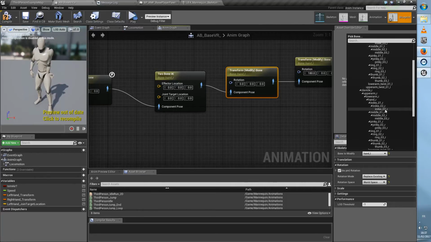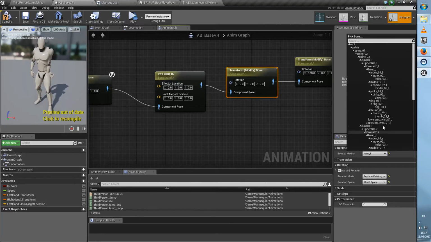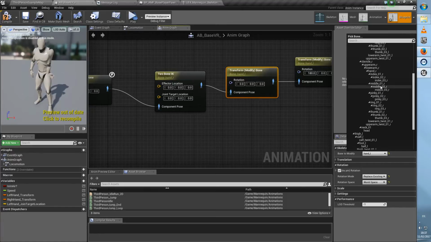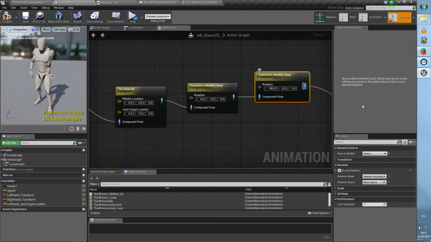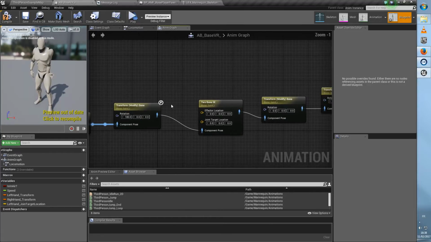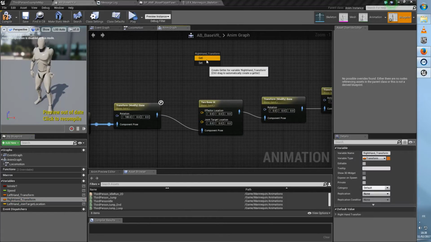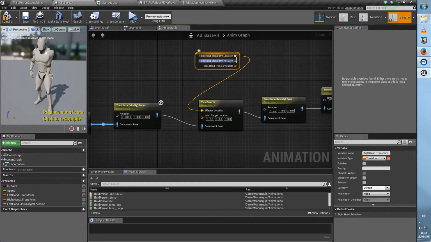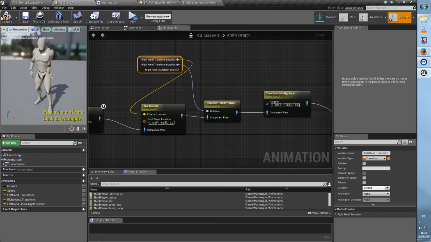Where is hand right? Hand right, and surprise, you take hand right. So now that's okay. You take the right and transform, get, split, location, rotation, and there you set 0 to